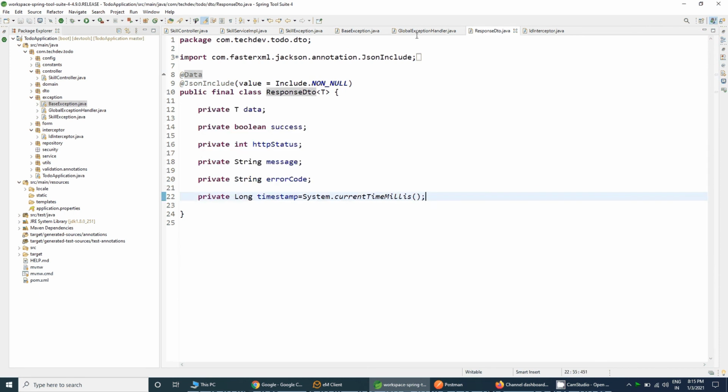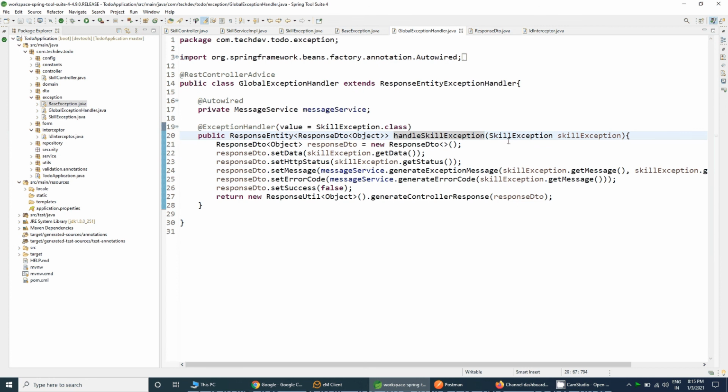So what I did, in handle skill exception, I took the argument as a skill exception and created the response DTO here.